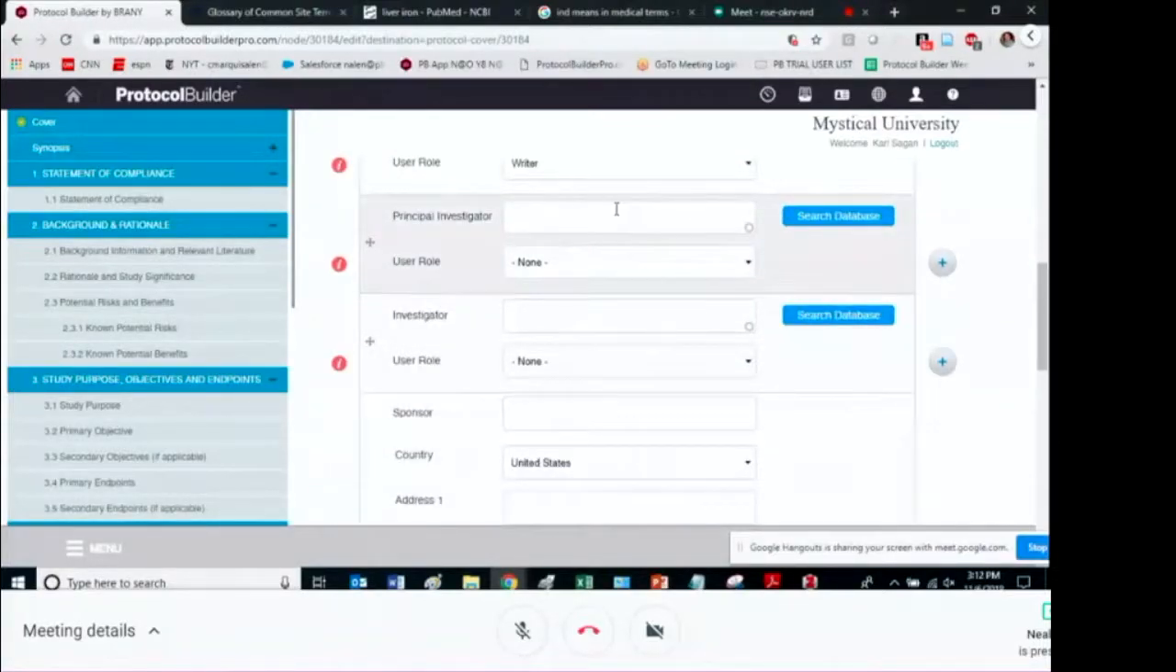Now, once you set somebody up, we can assign them a role. The normal role you'll probably assign is writer, which gives them full access to write, including adding people to the cover page. If you check reviewer, they can only see the sections that are done, and they can make a comment in one section, but they can't add people to the